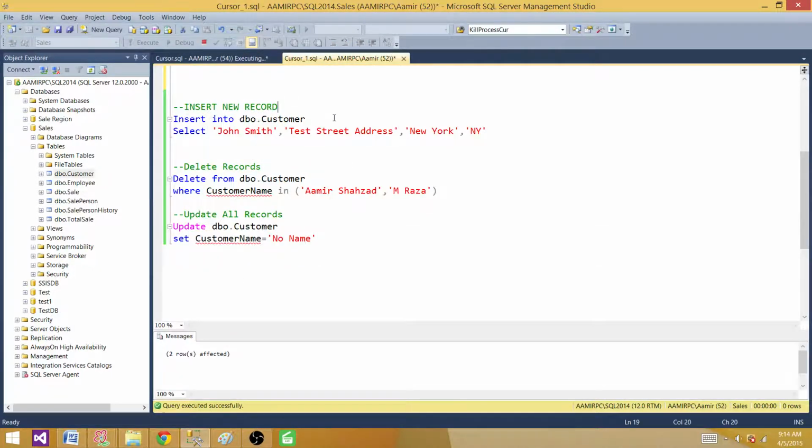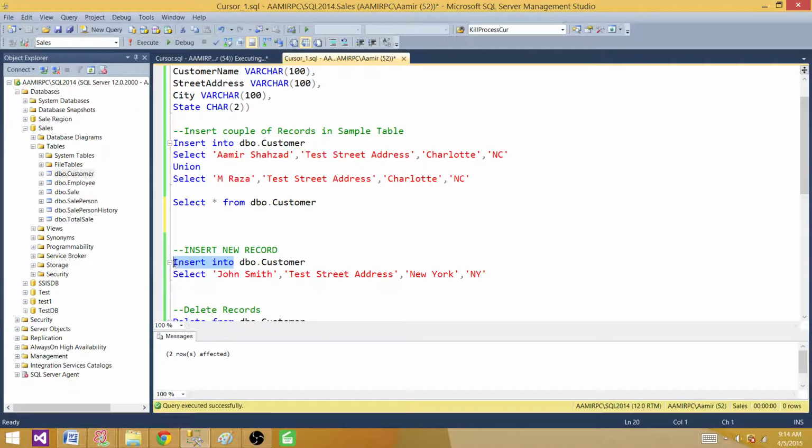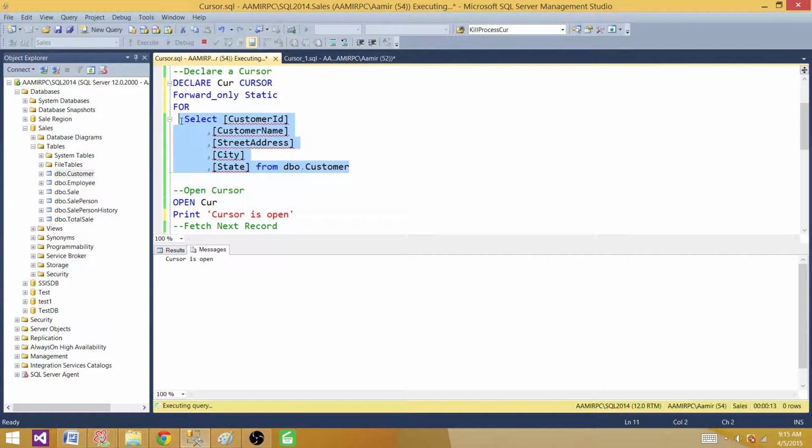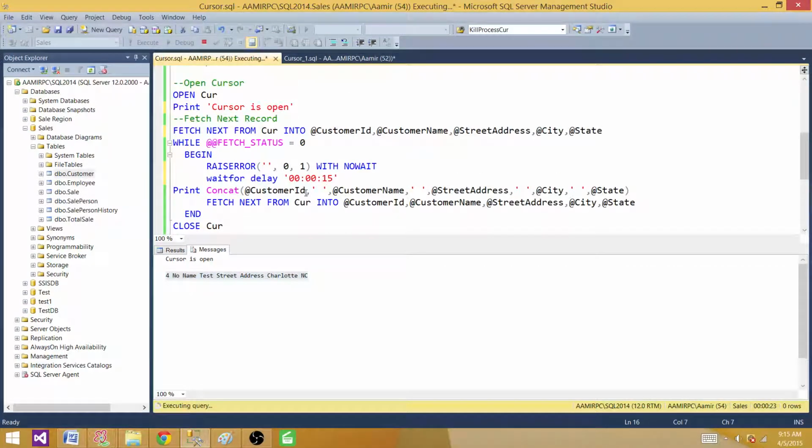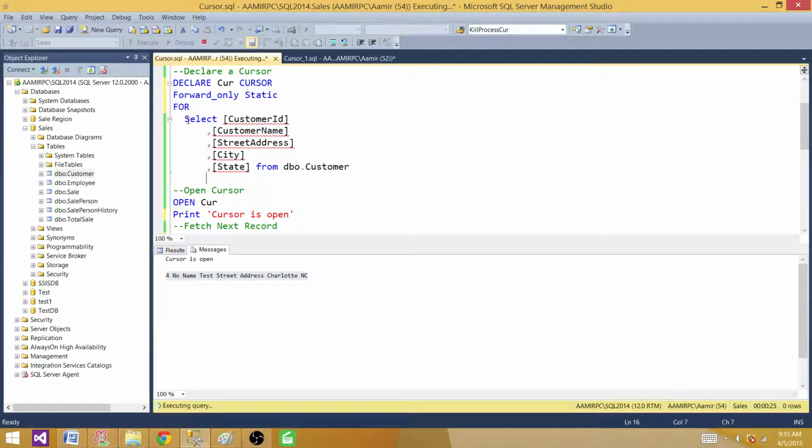Now what we are going to do, we are going to go back here and even drop the table, but all the records are already fetched when we declare this cursor, so they are in the memory. So now you see the first record is printed, and the next record will also be printed, because when we declared the cursor it had 2 records, and those are saved in the memory, and we have deleted the original table even, so it didn't care about that, because it doesn't go back and fetch.